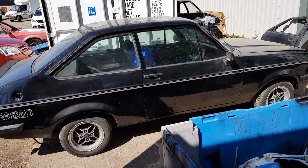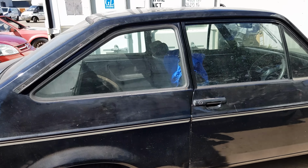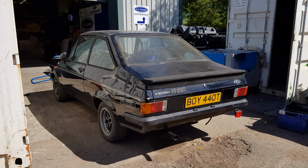Just spoke to Graeme about this one. This is a customer's. I don't know if it's just having some mechanical work done. It's having a restoration. This is the weather to be driving these cars about though, innit? Right, we're going to have a word with Jacob now, who works at G S Escorts. He's got a lot of Mark 1, Mark 2 Escort fiberglass reproduction parts that he's going to take us through